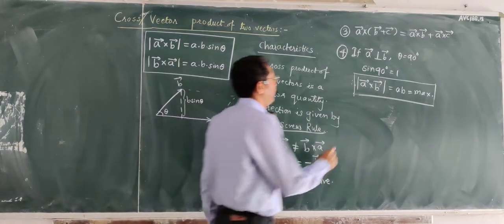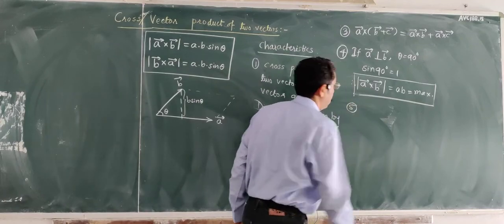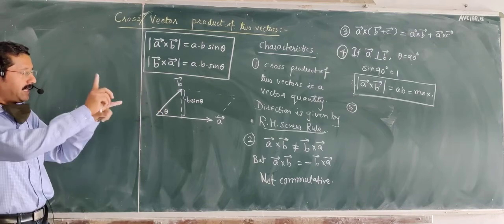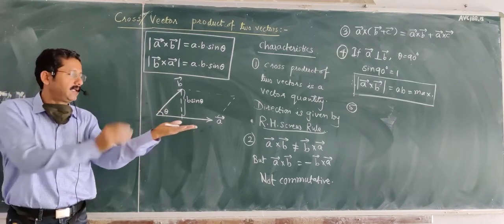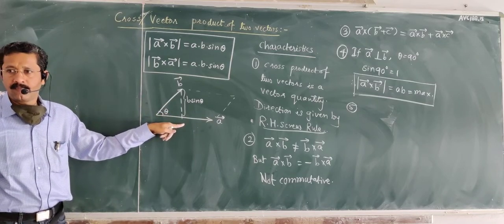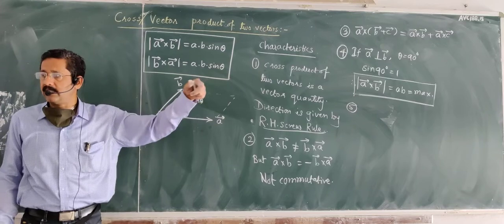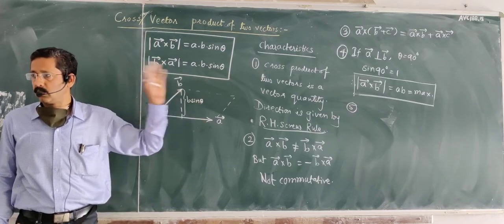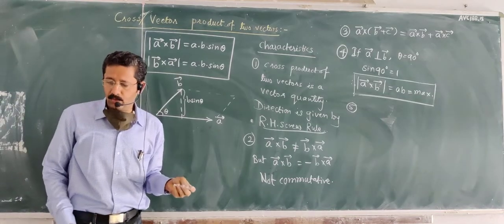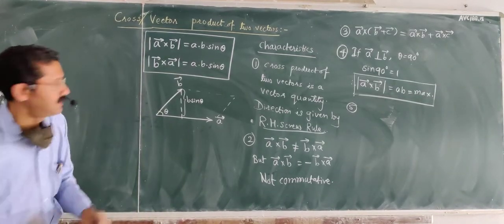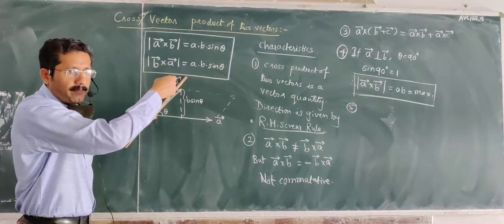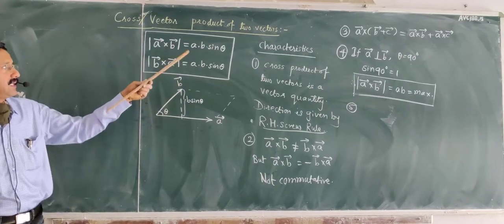The next thing that you have is, what if the vectors are parallel to each other? Vectors are parallel in the sense A and B, they are overlapping. So vector A is here, vector B lies over it, theta is equal to 0 degree. So if theta is equal to 0 degree, sine 0 is 0 and you will have 0. It is but obvious that whenever you have two such vectors here, vector A is here, vector B is here, and they are forming some particular parallelogram whose area is given by this A cross B magnitude.